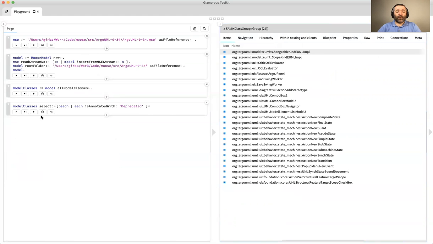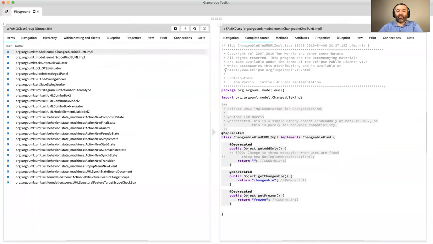So this is the reason why we can now write here, model select each is annotated with deprecated, and I get this list of classes that are annotated with deprecated, right? So we can call this one deprecated classes. Okay, so now we have those classes. What do we do next? Well, we should see, if I look at one of those,